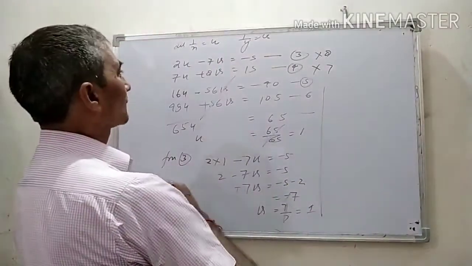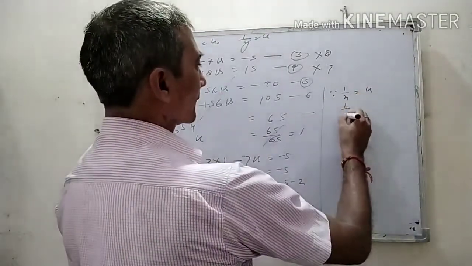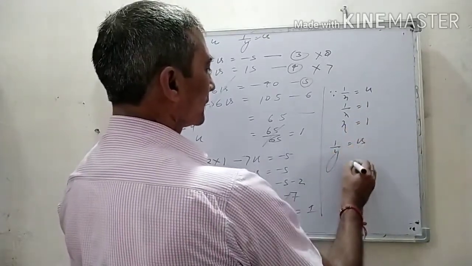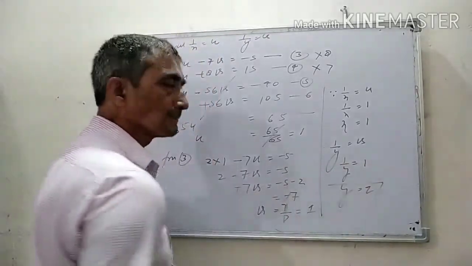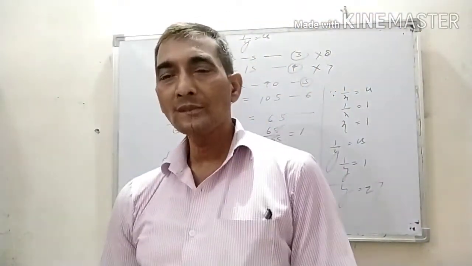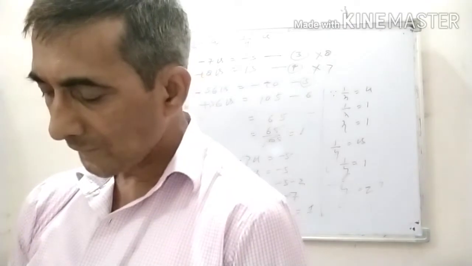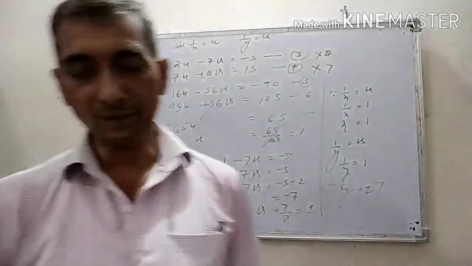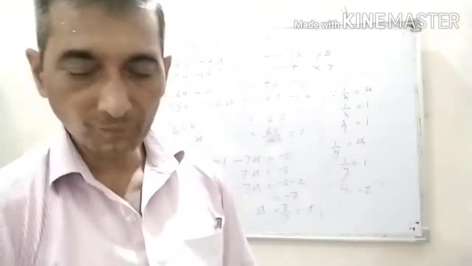So come and try to find the value of x. Since 1 by x equal to u, 1 by x equal to 1, now x is equal to 1, and 1 upon y equal to v, v is also equal to 1, now y is equal to 1. This is your result. So it is a long method to solve a linear equation. Next question is 7th part of question number first.